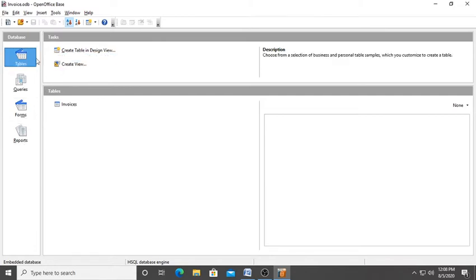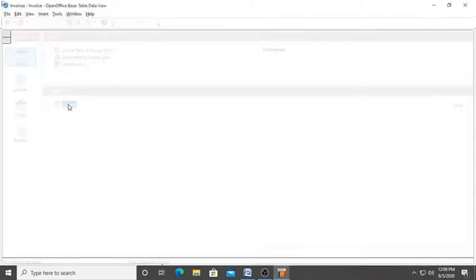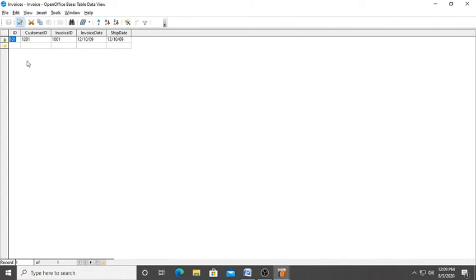So today we are going to see how to create a table using Wizard, or how to create a table in Design View. Because I have created this table earlier in this database, I am showing you what is there in this table. You can see when I click on tables, it will give me this screen. Here I have inserted one row, one record of this particular table. In this table there are 5 fields, as you can see: ID, second is customer ID, third is invoice ID, fourth is invoice date, and fifth is ship date.